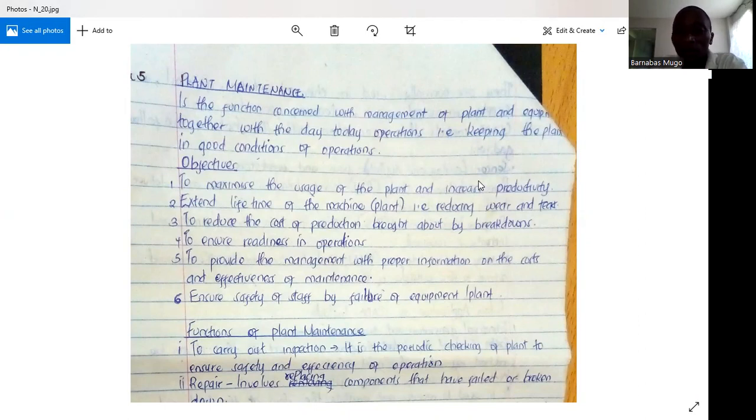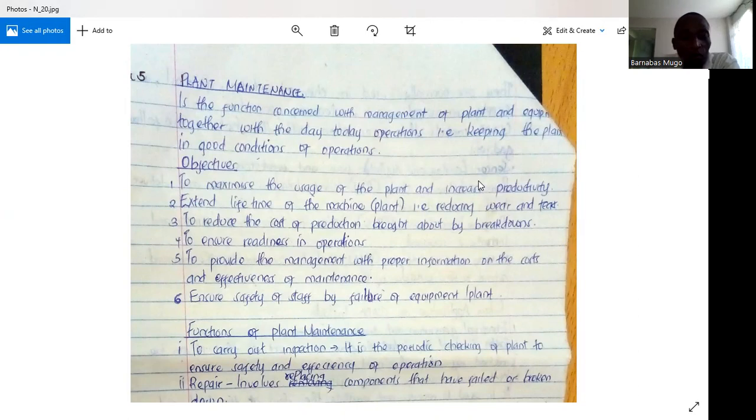So when we're looking at plant maintenance, it is a function. That is the one thing that you need to know. It's an operation, it's a function. It is a function concerned with the management of plant and equipment together with the day-to-day operations, that is, to keep the plant and equipment in good condition for them to be used effectively. So when we're looking at plant maintenance, we are looking at the management of that plant in order for it to be used effectively for our